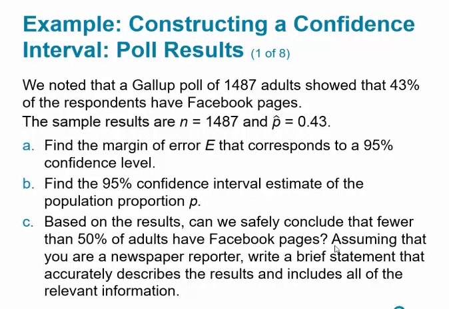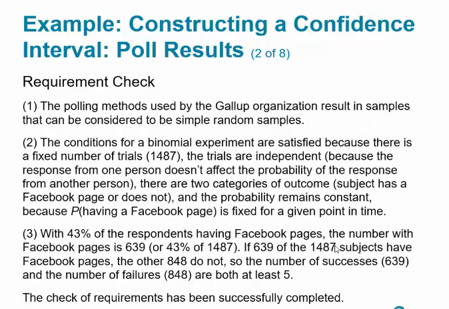So we noted that a Gallup poll of 1,487 adults showed that 43% of the respondents have Facebook pages. So our sample size is 1,487, and p hat is 0.43. We're going to find a margin of error E that corresponds to a 95% confidence interval, and then, based on the results, can we safely conclude that fewer than 50% of adults have a Facebook page? Assuming that you're a newspaper reporter, write a brief statement that accurately describes the results and includes all the relevant information. So the first thing, polling methods used by Gallup organizations